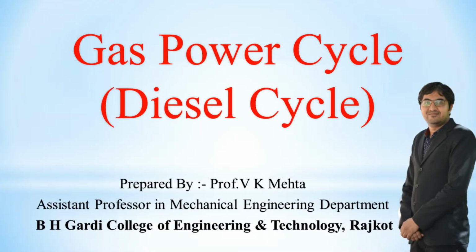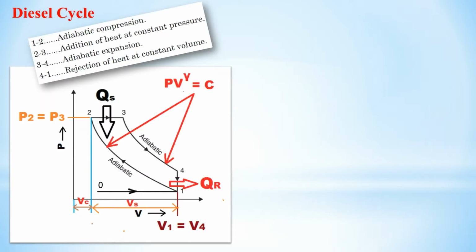You are doing well. In this video lecture, we will derive the equation for the diesel cycle. It is also known as a constant pressure heat addition cycle. The diesel engine works on the diesel cycle. Here we are considering some assumptions whenever we derive the air standard efficiency for the diesel cycle. The mass is considered as only air.